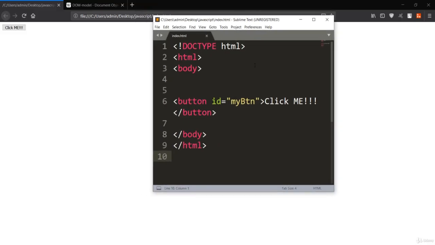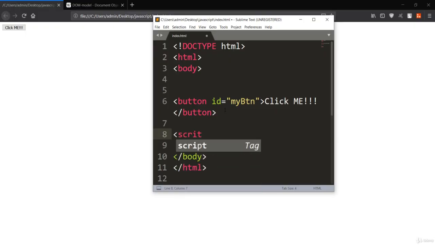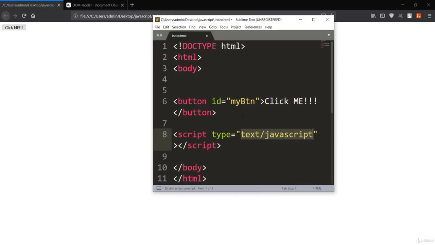So let's try something different over here by making our own script in JavaScript. So after the button, I want to create the script. So JavaScript will always start with the script tag as usual. And now we have here the type JavaScript. Let me just put that here because it is the simple attribute saying what is the type of this script.